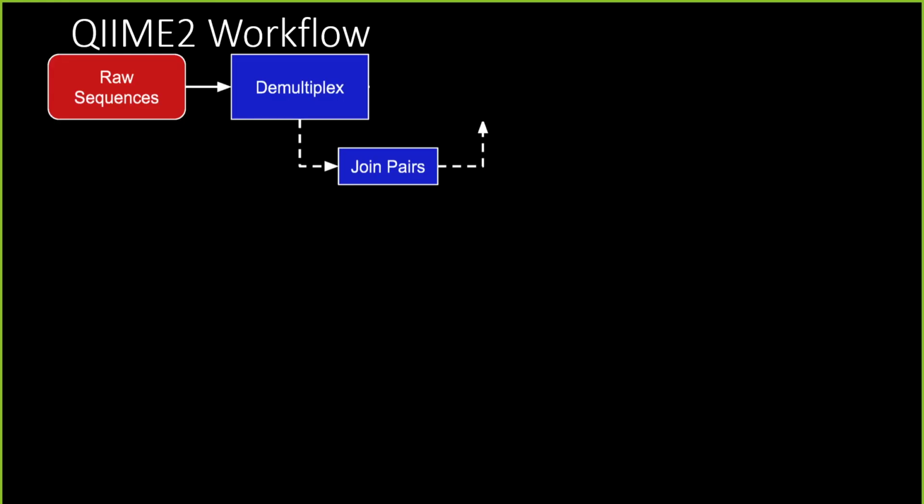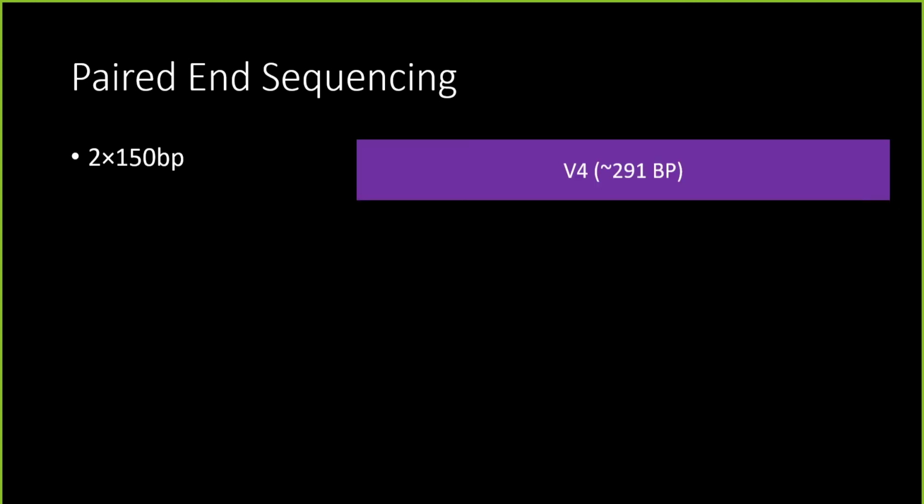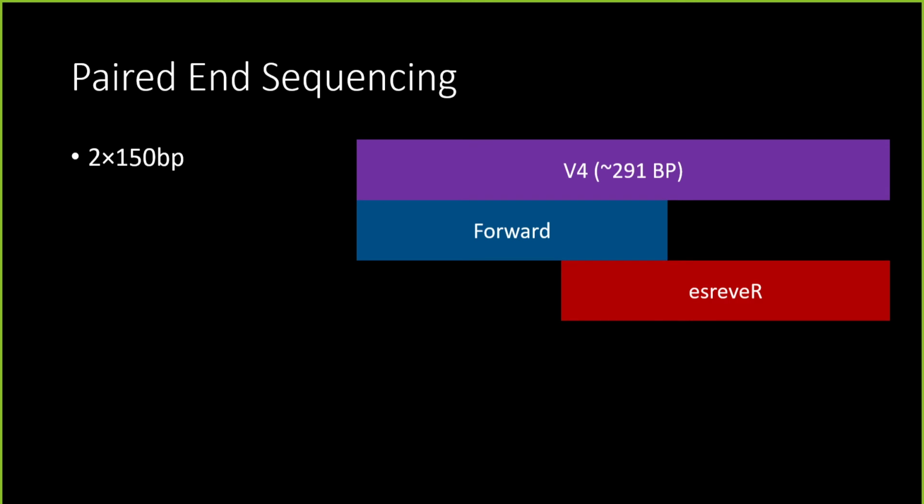And then if you did paired end sequencing, you'll want to actually join the pairs. So I'll just explain fairly briefly what paired end sequencing is. So earlier I was saying that in a MiSeq platform, you can do a 2 × 150 base pairs. So let's say you amplified the variable region of 16S rRNA. What you're going to do is you're going to have a forward read that looks at half or a little bit more than half of the V4 region. And then you'll have a reverse read that goes in the opposite direction, which I'm trying to capture here by reversing the letters. And what this means is that in the middle, there's going to be a section of overlap,